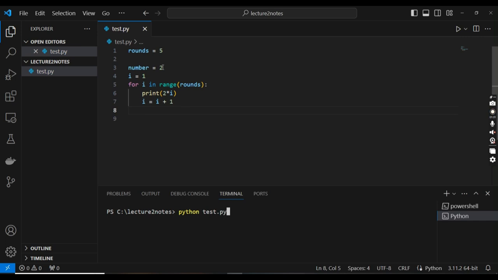You will see that the for loop will move in the range of rounds, which is 5, which means that the loop will iterate 5 times, and i will be incremented 5 times, and the 2 will be multiplied 5 times by i. We can write here a number which is basically 2. So let's run the code. As you can see, for the first time the number was 2 and i was 1, so 2 cross 1 must be 2, but I think